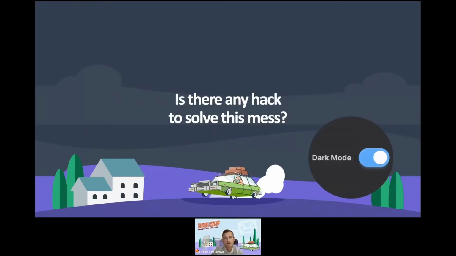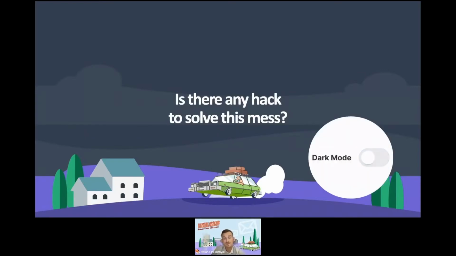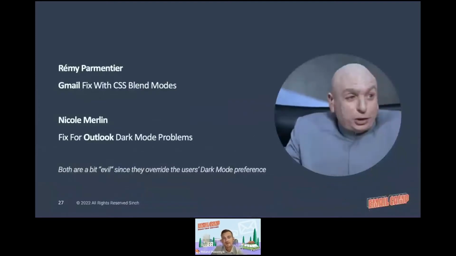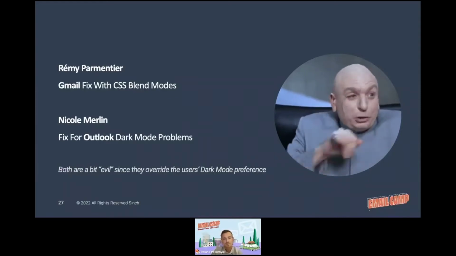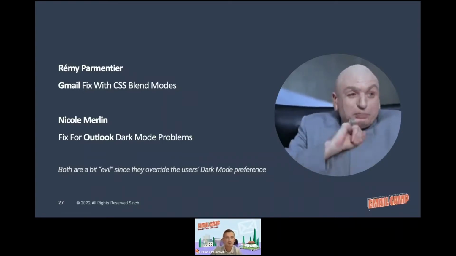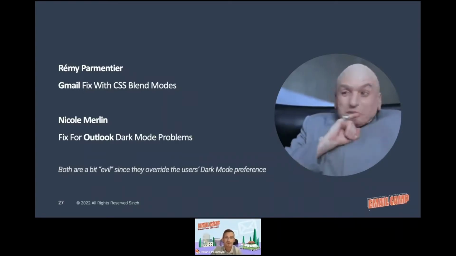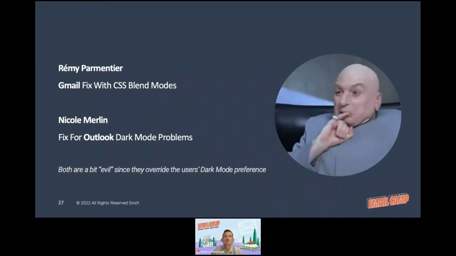So you can fairly ask the question, is there any hack to solve this mess? And there are some folks who found hacks. Remy Parmentier, a fellow email geek, found a fix for Gmail using CSS blend modes. It works with a bunch of color combinations, not all. And there's also Nicole Merlin. She found a fix for Outlook using MSO gradients and VML code, but it only works in Outlook 365 and